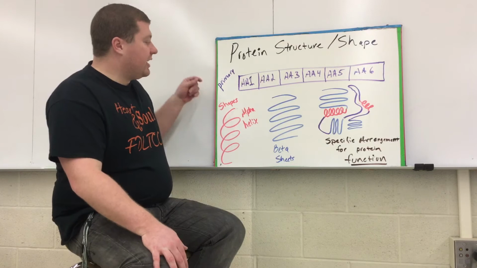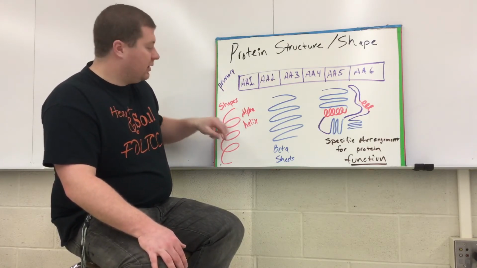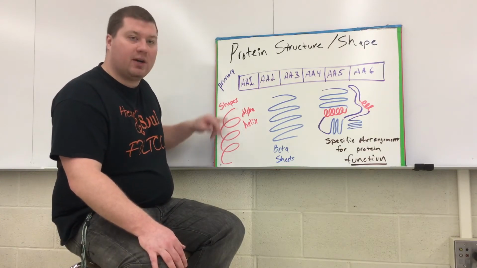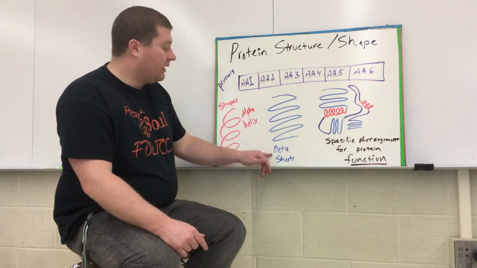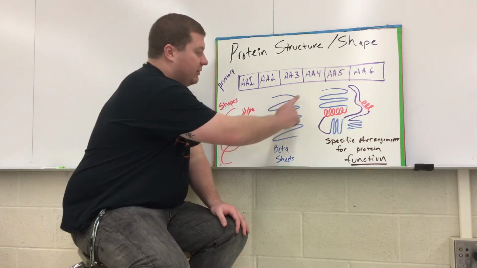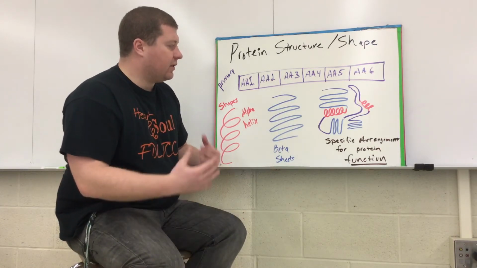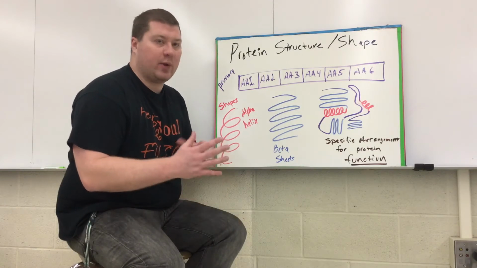And so some of the shapes that come out of proteins are like sort of like a spiraling. We call it an alpha helix. So you have to imagine this might be a chain of 100 amino acids that are linked into a spiral shape. Another type could be what's called a beta sheet, which kind of goes back and forth into a flat surface. And so these are the two main shapes that we see, aside from just kind of random shapes within